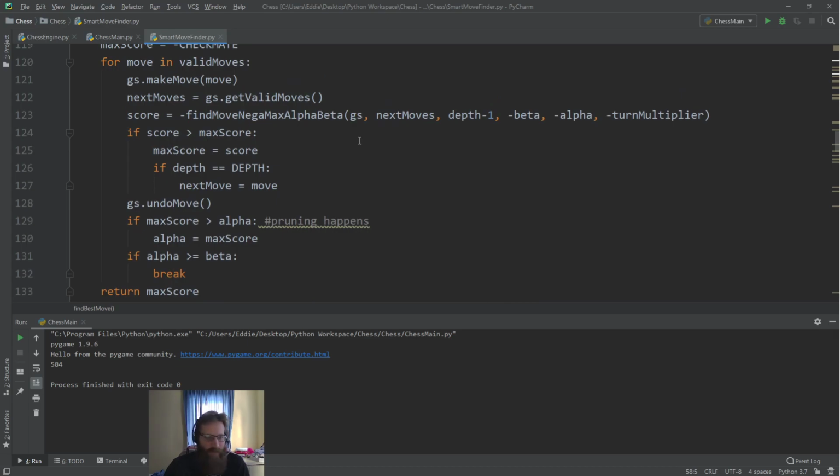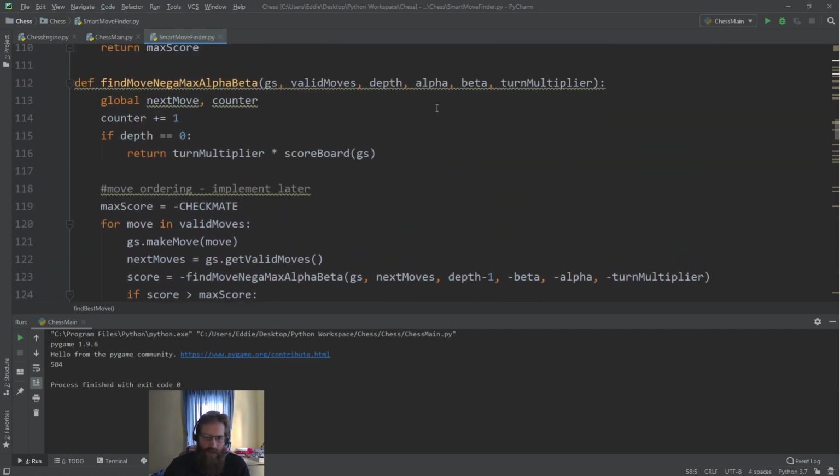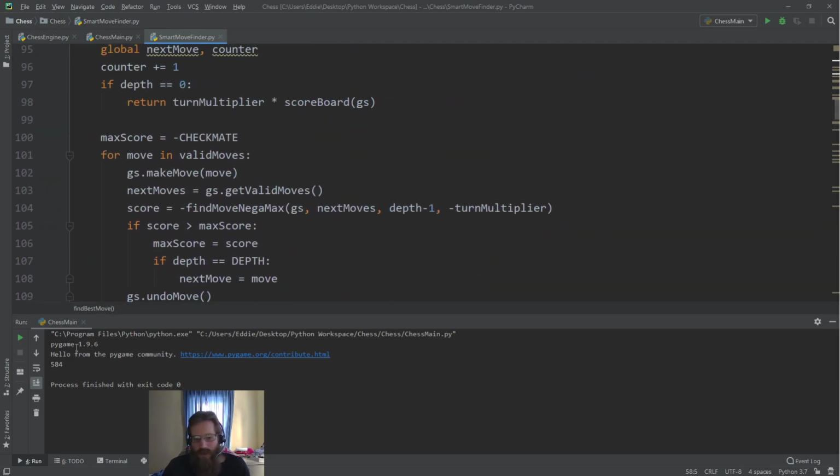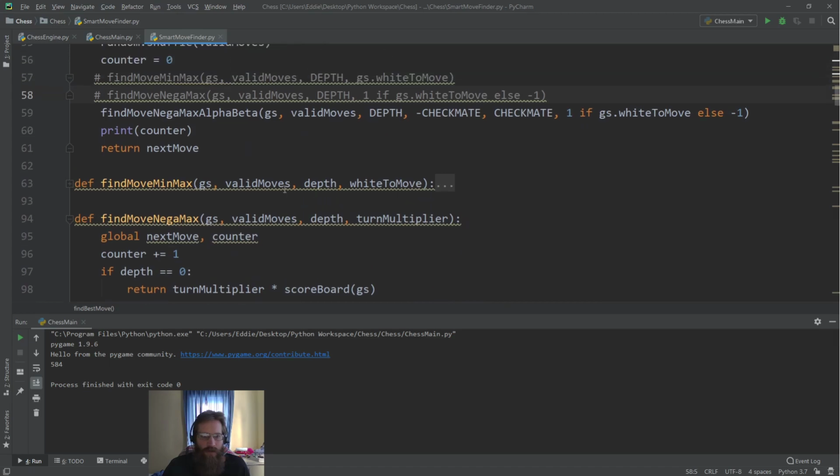I don't think I've made any typos or anything. Yeah, I mean, we'll see. If it doesn't work as we start to implement scoring and it starts to make stupid moves, then we'll take a look back at it. But I think it's good for now. So we can see the improvement there is actually pretty good